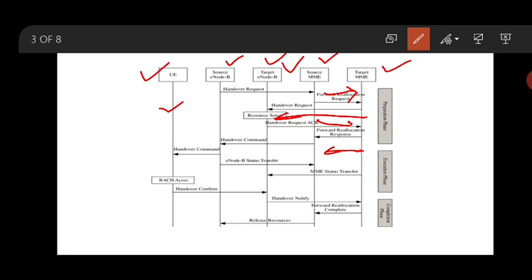The response from the target will reach all the way to the source, so there is a confirmation of the request for the handover. It reaches the source, and you are able to hand over. The check mark has arrived, and the command is sent to the user equipment in the form of a handover command. Once the handover command is received at the user equipment, it will transfer to the source node, then to the source MME. Once it is sent to the source MME, it is ready to give it back.